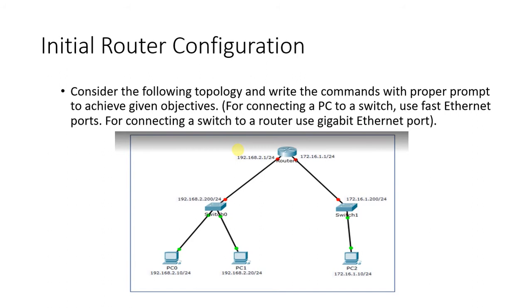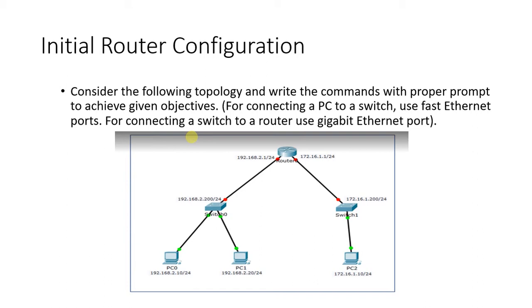We have already done the basic switch configuration, and in that we learned the different modes, how we can navigate through different modes, how to assign the name of the switch, how to assign the passwords to the switch, and how to assign the banner which will display a message. All those commands are similar at the router also. You just have to go to the CLI mode of the router. That is the only difference. All the commands are the same, whichever we have used at the switch for configuring the password; the same commands we have to use at the router also.